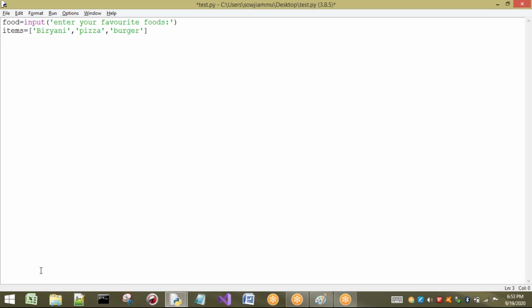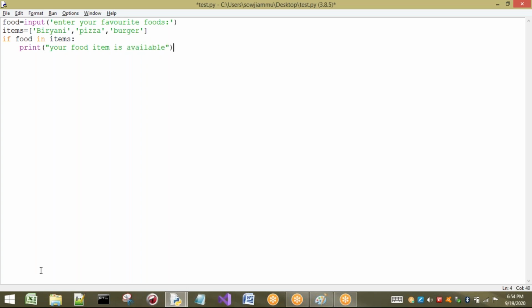Okay, so these are the three example items I have taken, and I want to compare the food item you have entered. So you have entered it in food. If your food item is in items, let us consider, or okay, let us take this example. I will not make the thing complex. I will just print, your food item is available. That means when you go to a restaurant and ask for a food item, he will say, yes, your food item is available. So food item is available, for example.